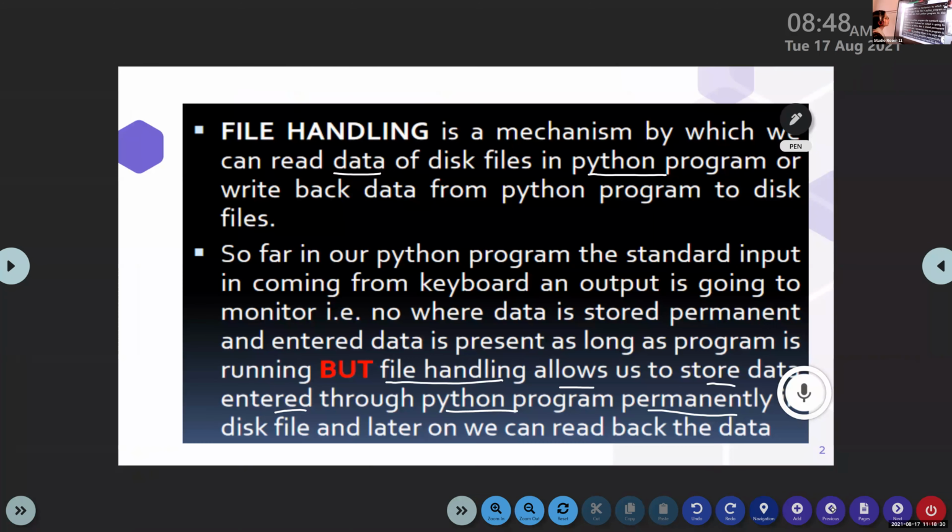This slide you want? Yes, ma'am. Okay. No need to write all the points. Okay. This is the main line that you have to learn regarding this. Using a program we enter data, which helps us to store the data permanently. Can I change the slide?